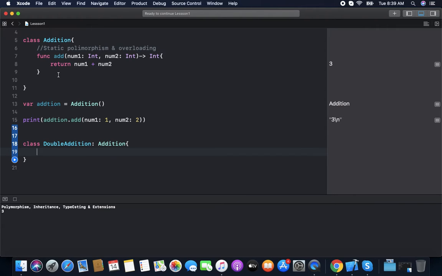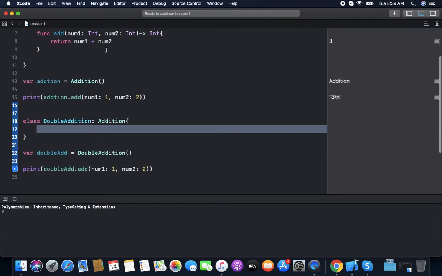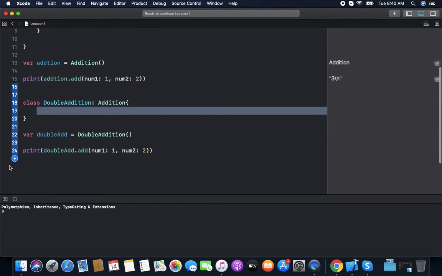So if we create a variable of DoubleAddition, you can see we did not define any function, but due to inheritance, it has this function. When we print, you can see both have the same result.